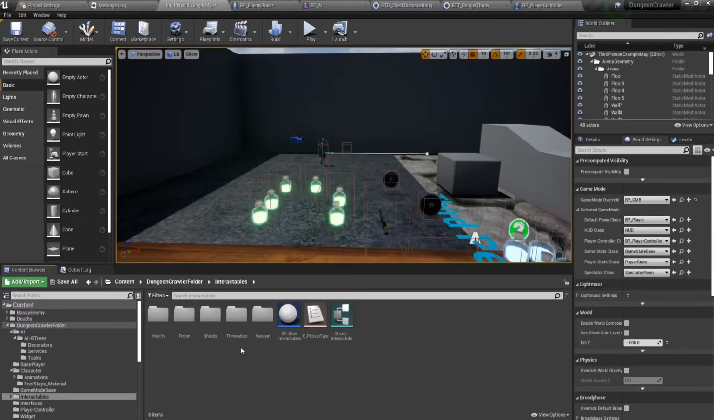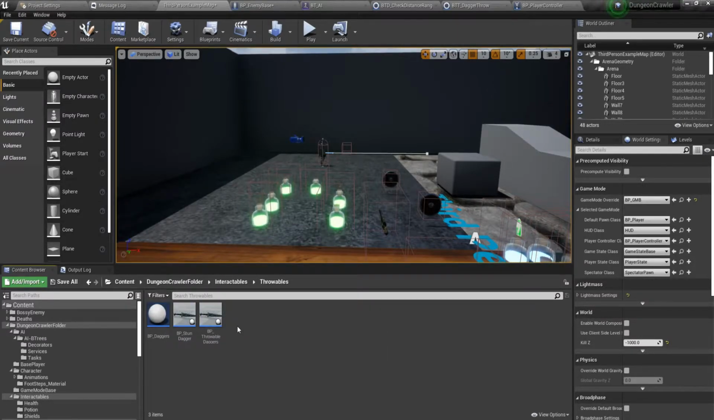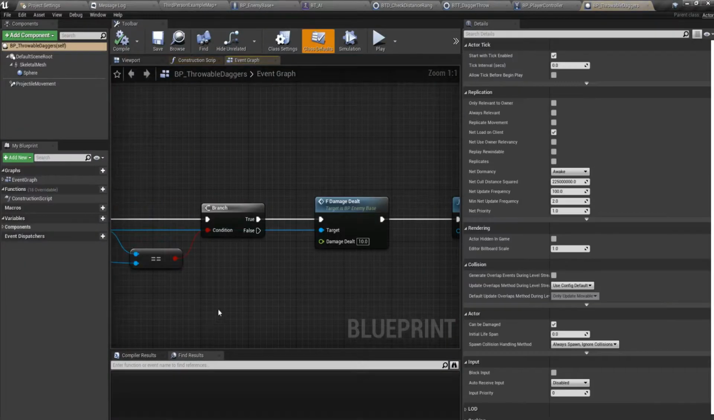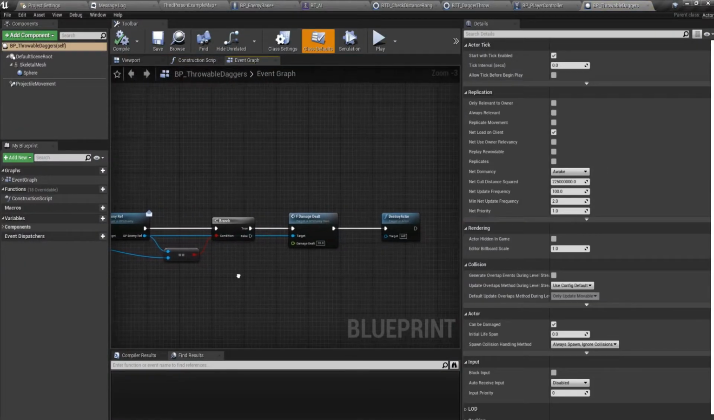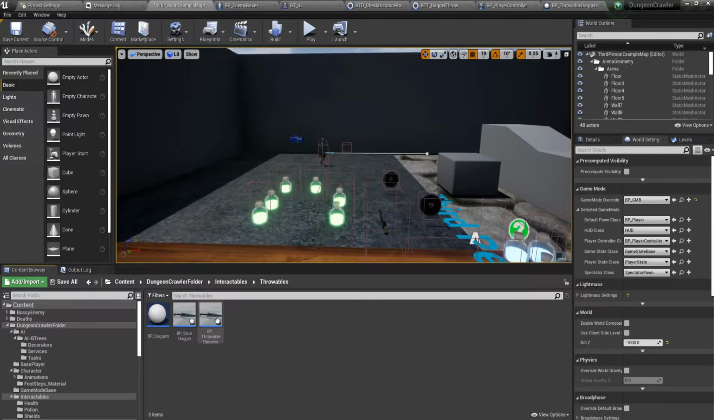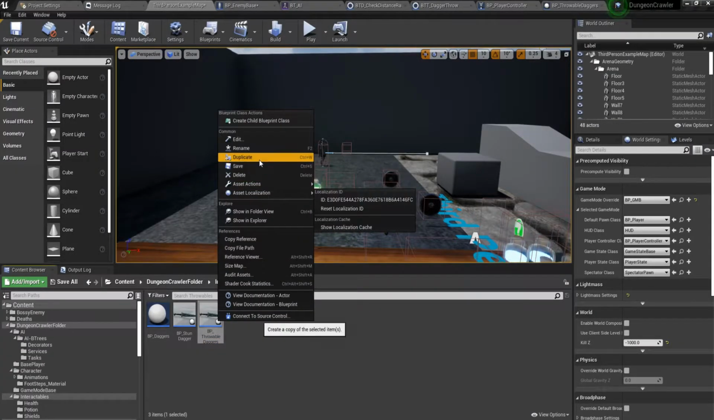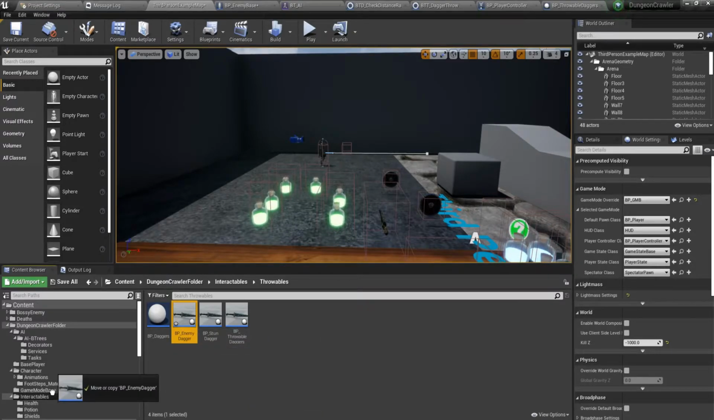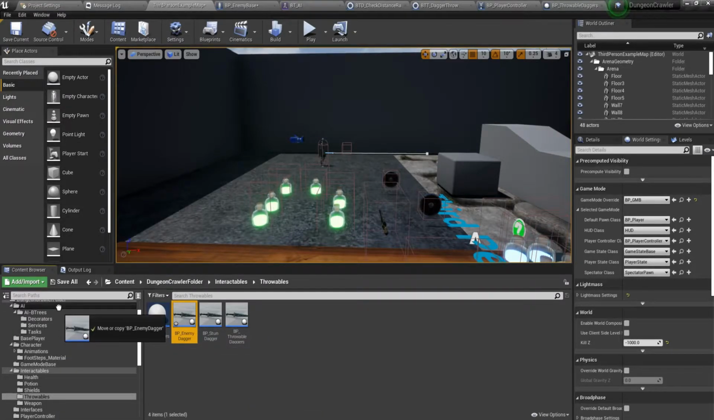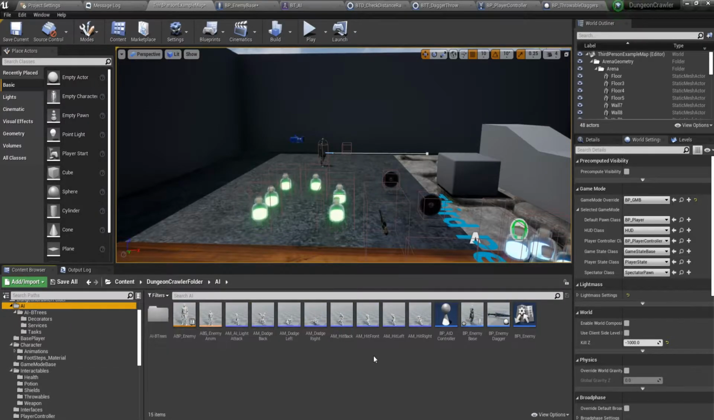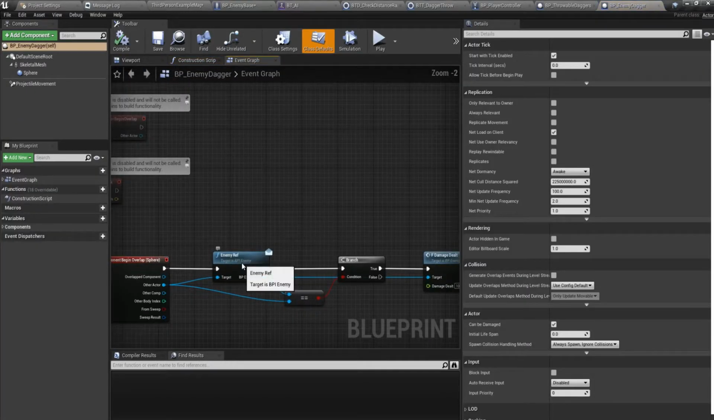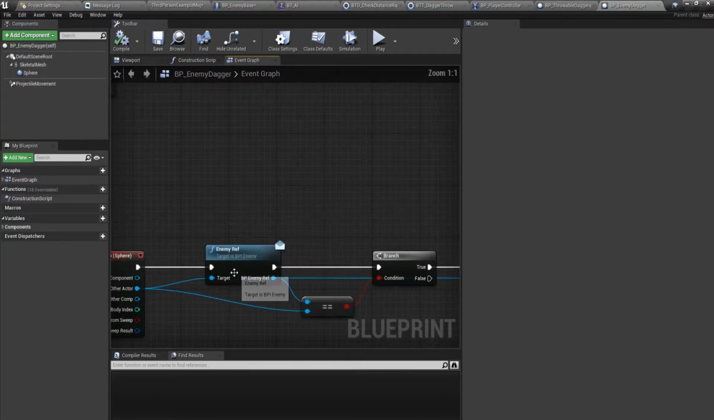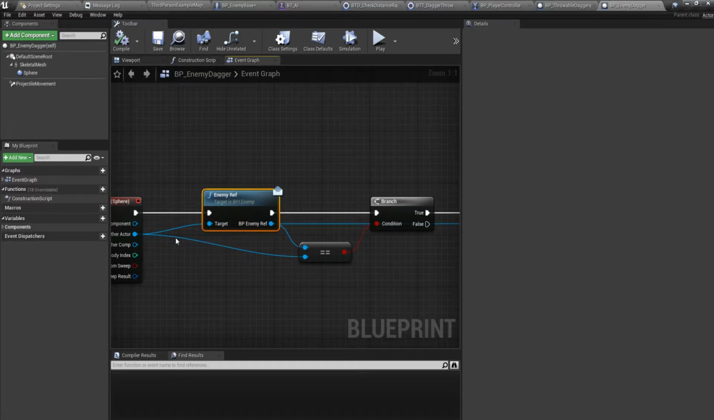interactables, throwables, BP throwable dagger. Okay, so what I'm going to do is duplicate this, and I'll call it BP underscore enemy dagger, and make sure it's under AI over here like this. Okay, so open this one up, and from here,